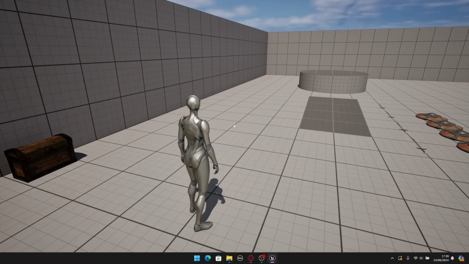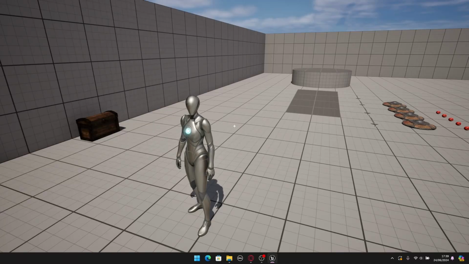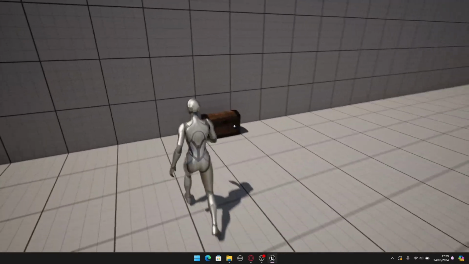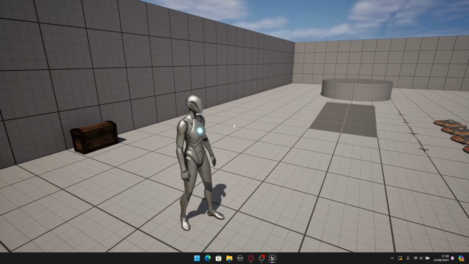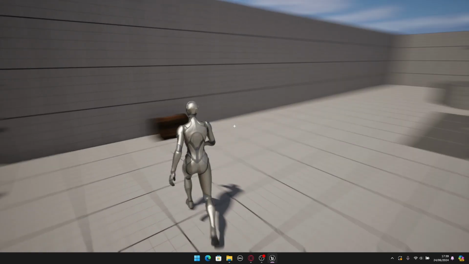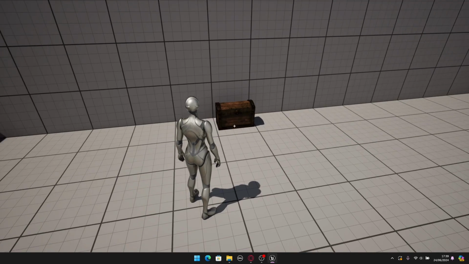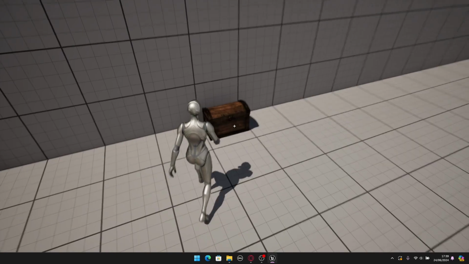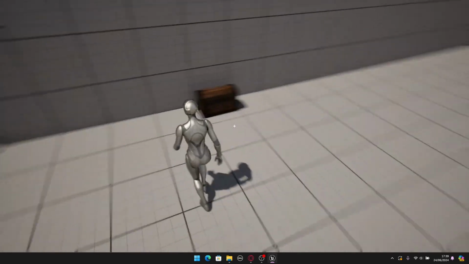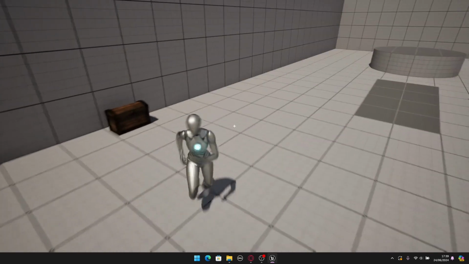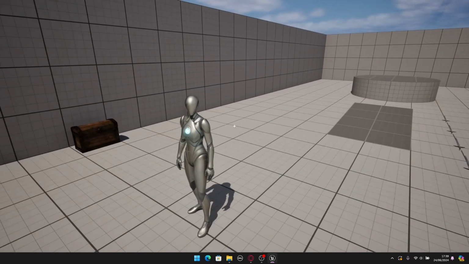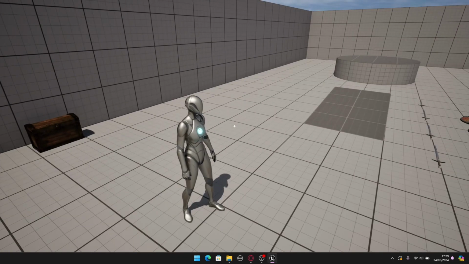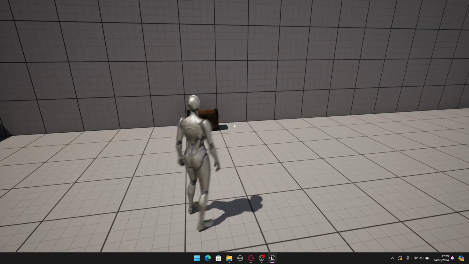This is part 14 of the inventory tutorial series that I'm doing on this channel, and in this part we will create the chest blueprint and all the functions that we need to add random loot to this chest. So as you can see, we have the chest here. If we get close, we have the message, but in this video we will not do the part where we open the chest. We will only create the functions to add random loot. The part where we open this chest is in the next video, where we're going to create the widgets to actually open this. But in this video we will create all the functions that we need to add random loot in this chest,